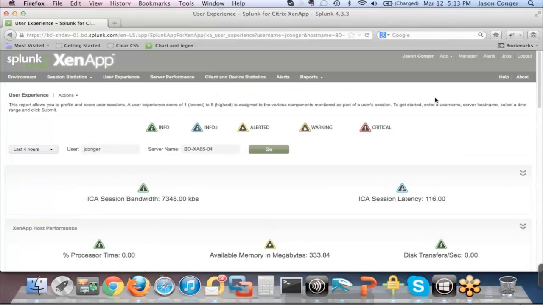All of this data looks very different, but we're able to make those correlations and pick out those things because Splunk can make all those correlations for us, making it very easy to see the different pieces of the stack as it comes down. And then, of course, you can add other stuff. This is the XenApp app that you can go download from Splunk right now. This is what we give you out of the box. But out of the box is very extensible, and the app itself is open source and free. So you can go see how it was done. And it's all just the core Splunk stuff that I was doing earlier, but we just did a lot of it for you.